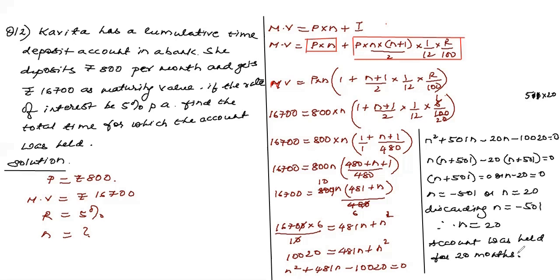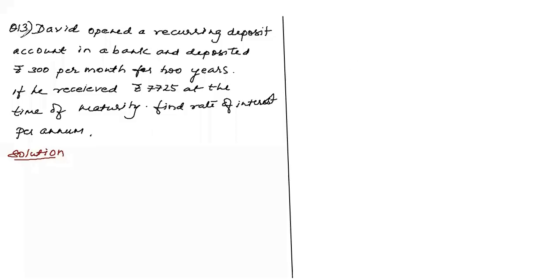I hope everybody understood this. Simple sum, just identical to what you have done. Question number 13, children. Very simple sum. David opened a recurring deposit account in a bank and deposited rupees 300 per month. That means P is rupees 300